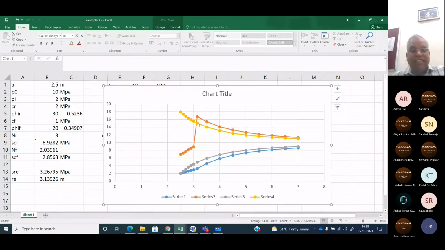See, this one is elastic, this one is elastic. Not considering Mohr Coulomb. This one is considering Mohr Coulomb, these two. You see how it is changing? And I will now show you by drawing it and why it is happening like that.